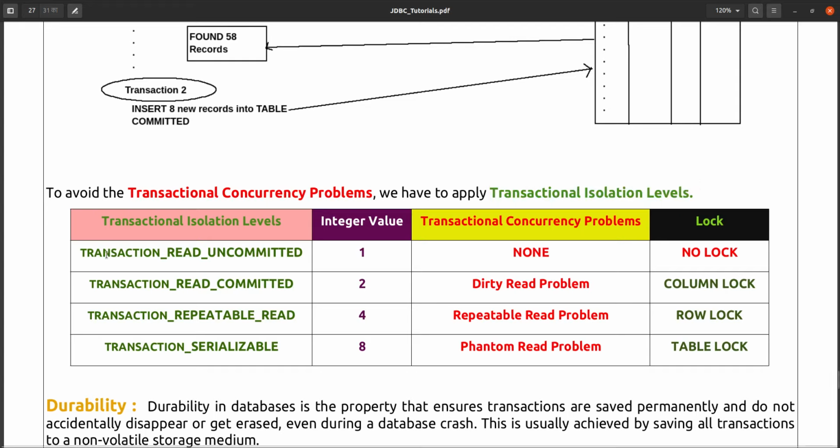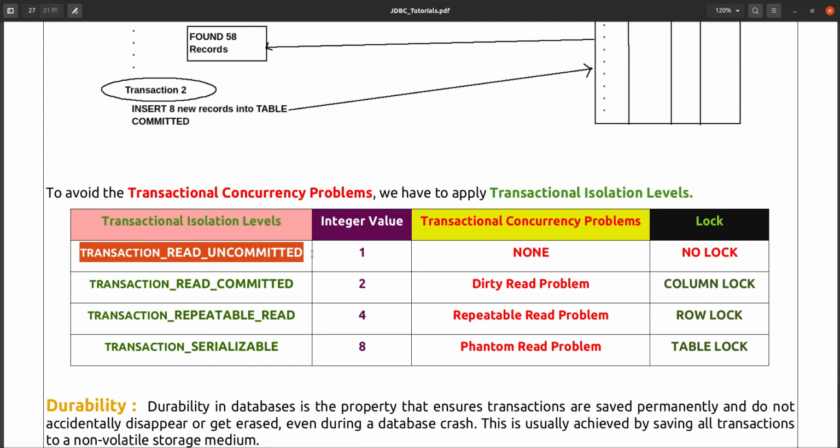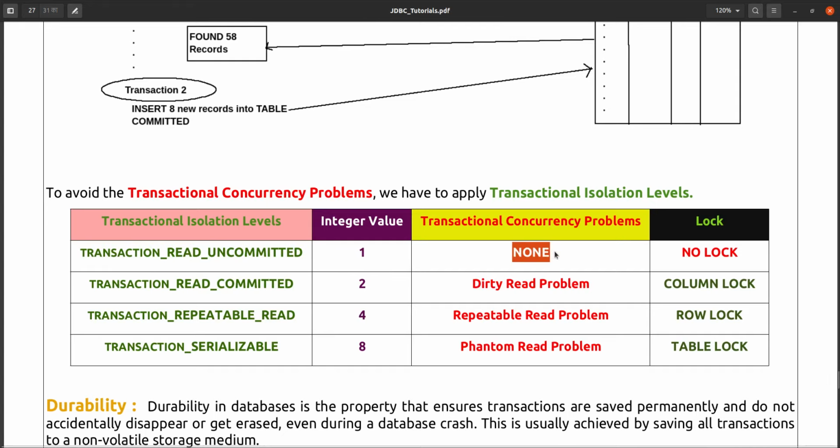So transaction read uncommitted is no lock, it is not providing any lock. It allows access to any data, whether committed or not committed, and lock will be applied on nothing, there will be no lock at all.